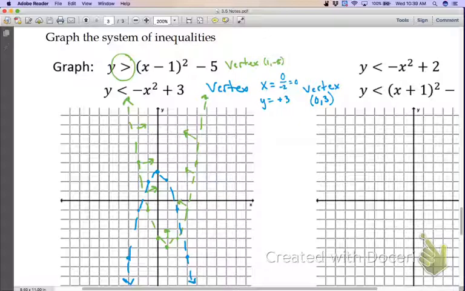Where am I shading this one? Below it, right? So then here, here. So where is it fully shaded between the two? Right in the middle. Okay, basically everything right